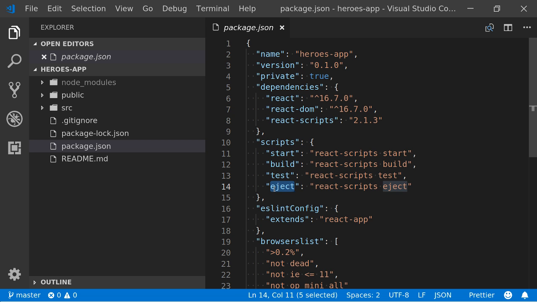Create React App itself is only obviously a skeleton framework, so we can build a hell of a lot with it. There's some really useful tools in there, but at some stage we might want to configure things ourselves. If we do, we can take the app as far as we want with Create React App, and then we can eject it and customize things a lot more. But it's a really good way to start if you're new to creating apps, if you're new to React. It's an excellent way to start. So let's actually test one of those commands. We're going to test the start command now.